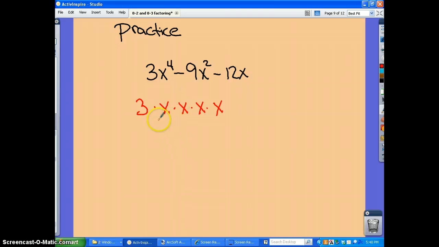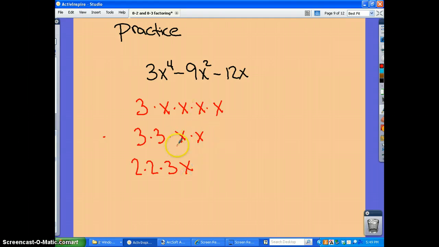I'll just throw that negative right there. I'll say 3 times 3 times x times x. And then the last one, of course, I have negative 12. I'm looking at the number. I have 4 times 3. But let's break that 4 down and say 2 times 2, which is 4,